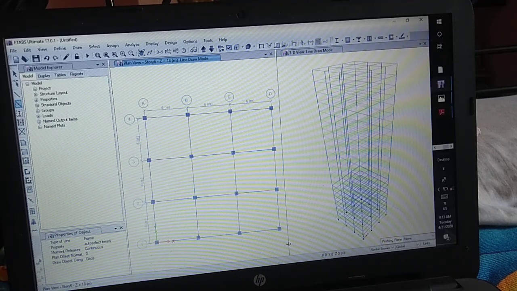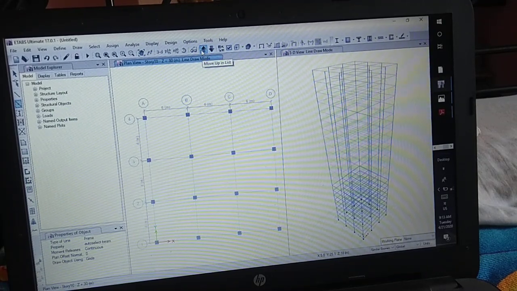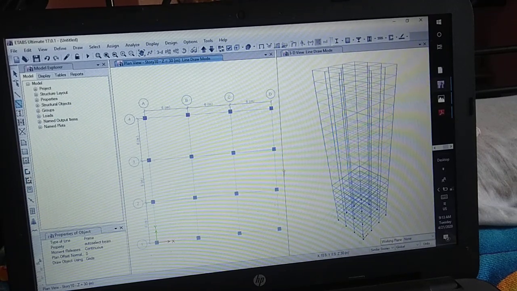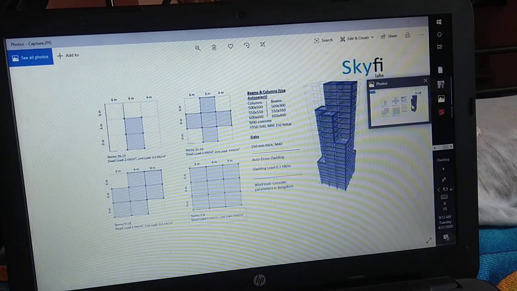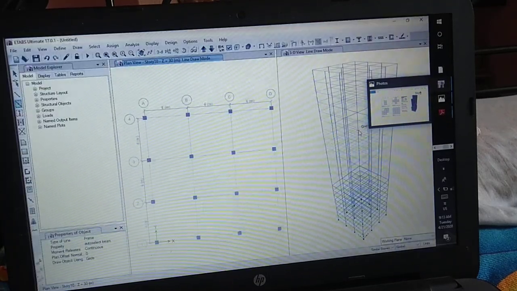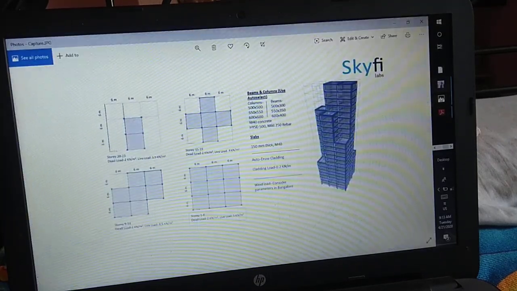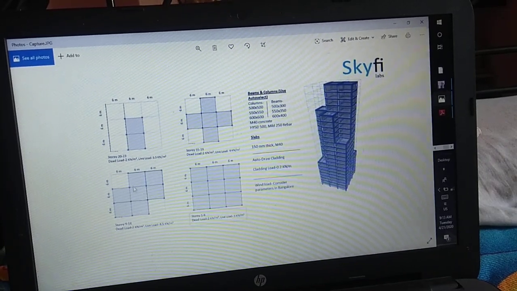Then next, for stories 9 to 15, go to any story between story 9 and story 15. Check our plan. So our plan for story 9 to story 15 is like that.